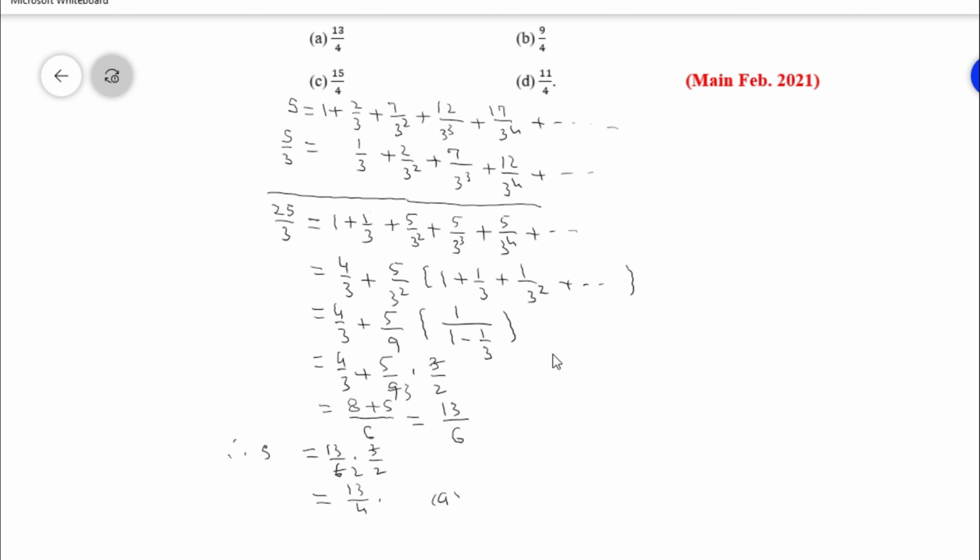A option is correct. ये थी आज के वीडियो की दो प्रॉब्लम्स, सीक्वेंस और सीरीज से रिलेटेड। ये दोनों मेन